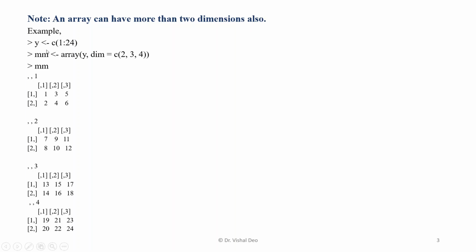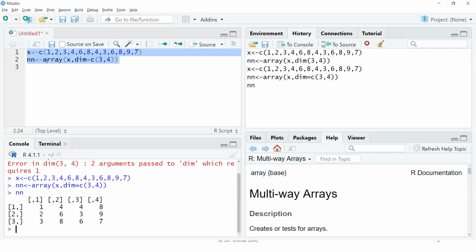So suppose we define this new array, right? So suppose I define y as containing the values 1 to 24. The sequence, we are creating a sequence here, right, using colon sign, and then we create an array like this,